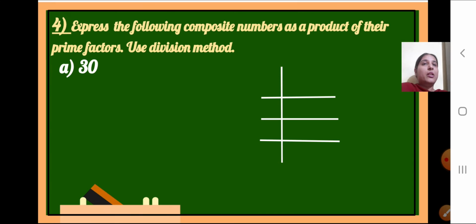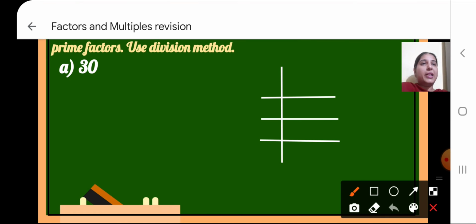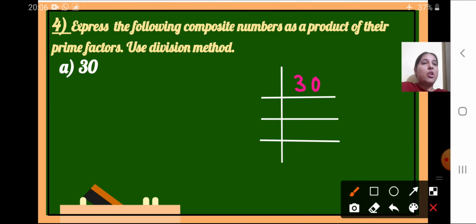So let's see how to write a number as a product of its prime factors using division method. So here the number 30 has been given. So first we will draw some horizontal and vertical lines like this, and then we will write 30 here. Now you have to find the factors for number 30. So let's take here 3 tens are 30. Okay. Then this 10 again can be factorized, 5 2s are 10, and then we will get 5 in the multiplication table of 5 only, 5 1s are 5. So this is division method.